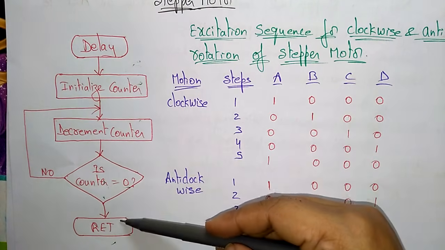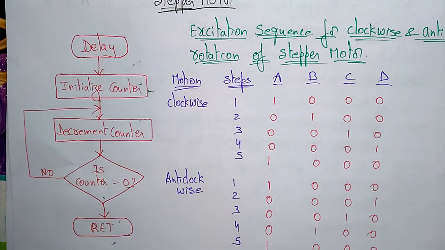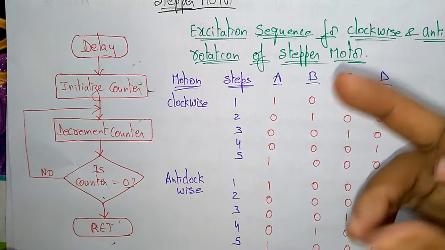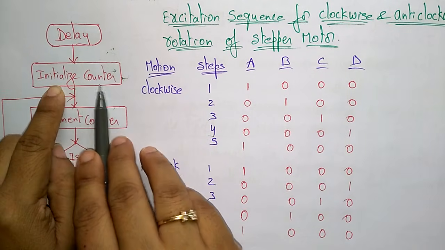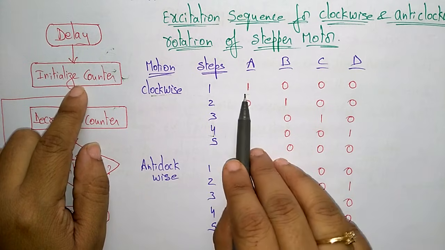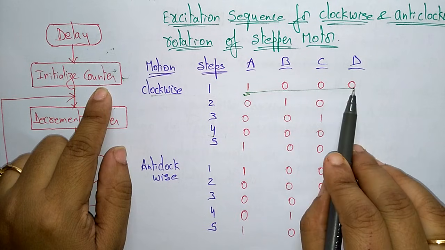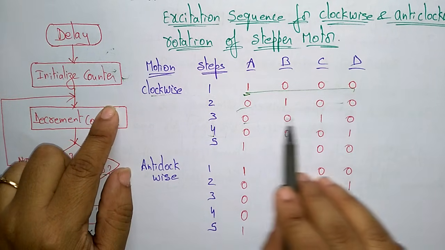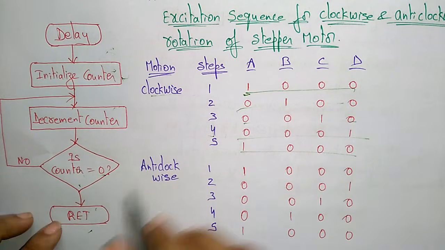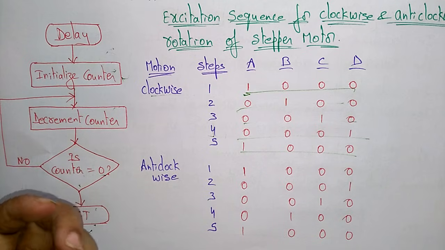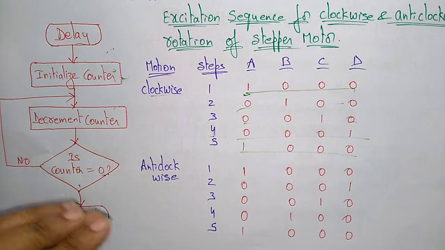So this is the step that it follows for the stepper motor. First it is initialized. After that it rotates until the count becomes 0. So 1 rotation, 2 rotation, 3 rotation, 4 rotation, 5, like that. Suppose we have taken the initialization counter as 5. So first it starts with 1. Okay, so the count A, B, C, D. So 1 rotation is over. Then 2, 3, 4, 5. Whenever it reaches 0, it returns, which means it stops the direction. So one complete clockwise rotation takes 5 steps.